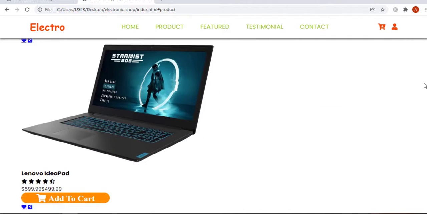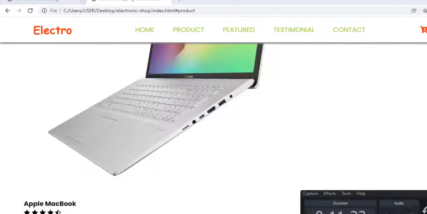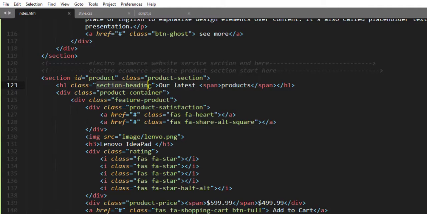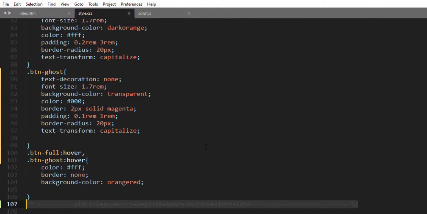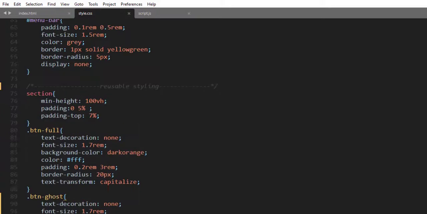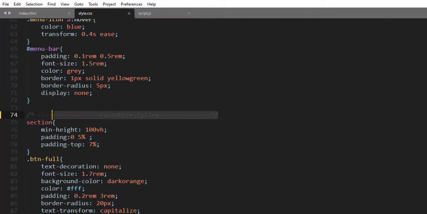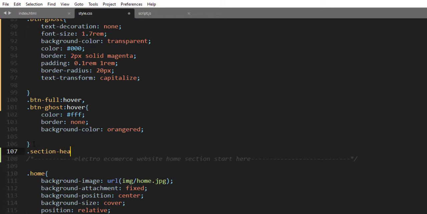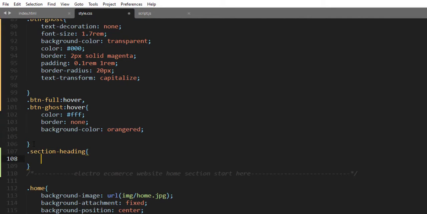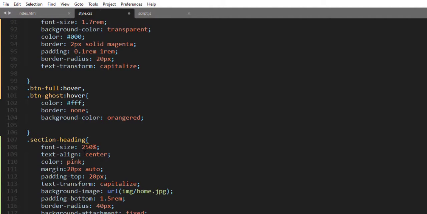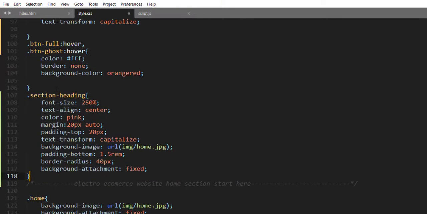Okay, this is the HTML section. So now, let's dive right into the CSS to style this HTML document. First, let me style this h1 element. Since in the future we are going to use this class selector for different sections, we are going to add it over reusable styling. So section heading, here we have some property value pairs: font size